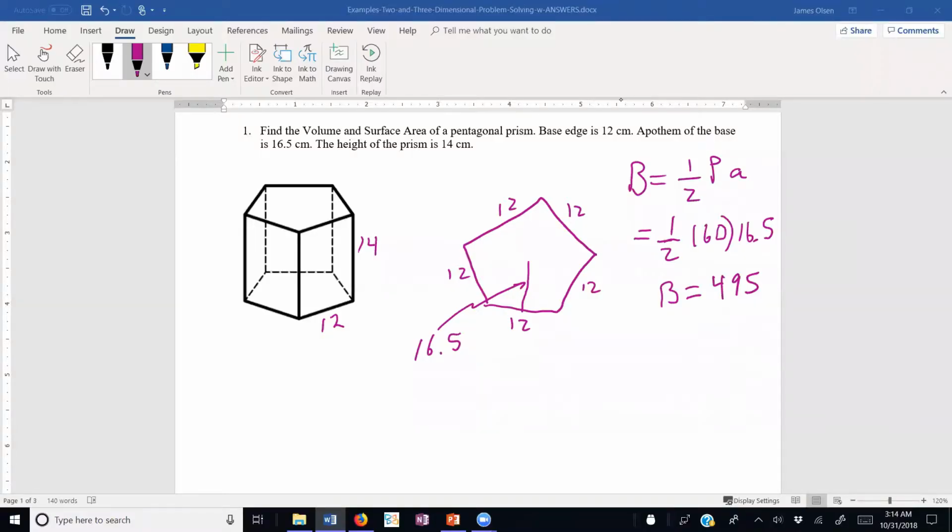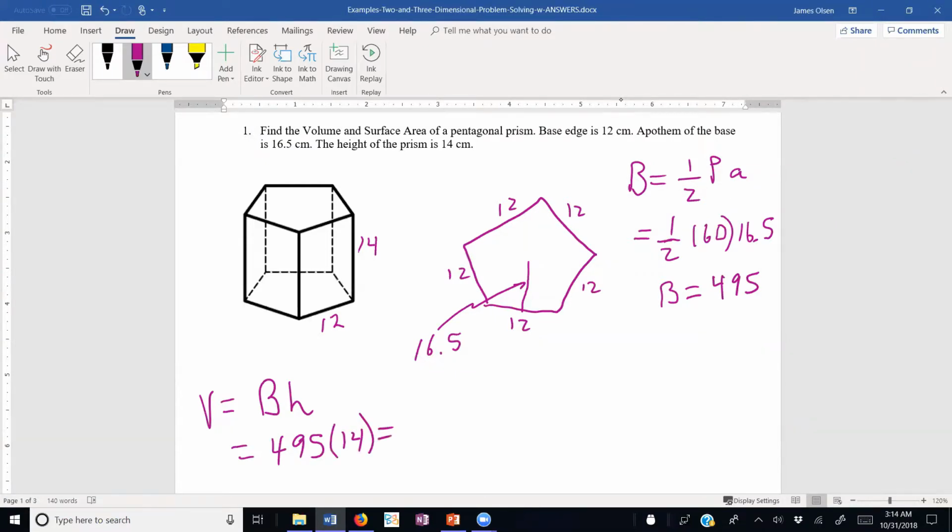Now I'm ready to calculate the volume. It's always a good idea when plugging into a formula to write down the formula first. I found that we plug in more correctly if we have the formula in front of us on our paper. So if we look on our formula sheet, volume is base times height. This is going to be 495 times the height,